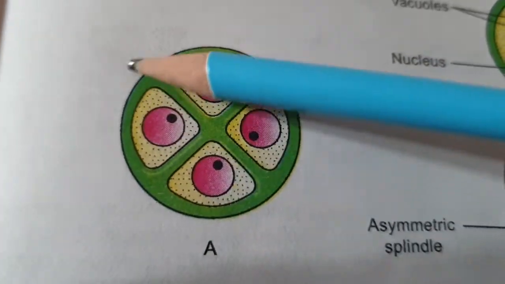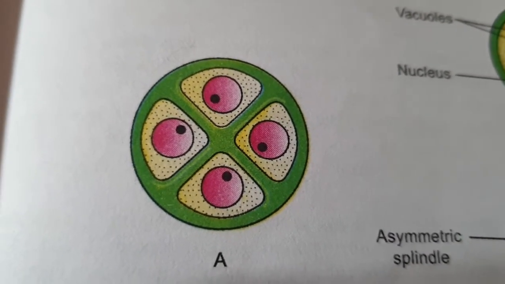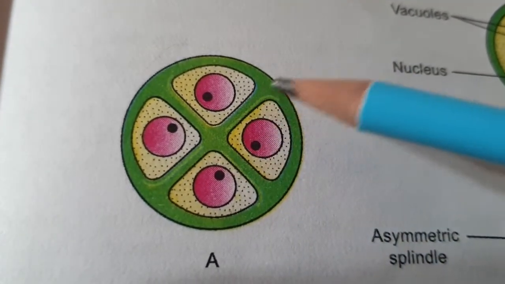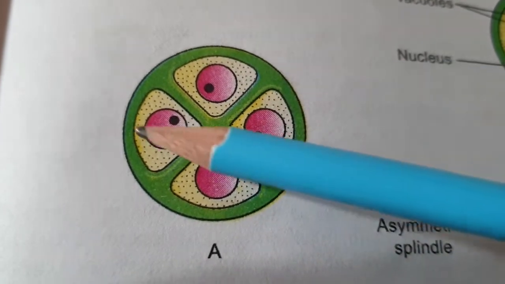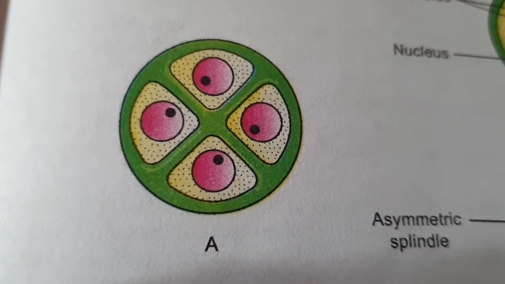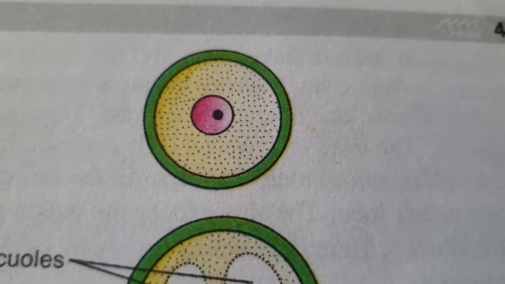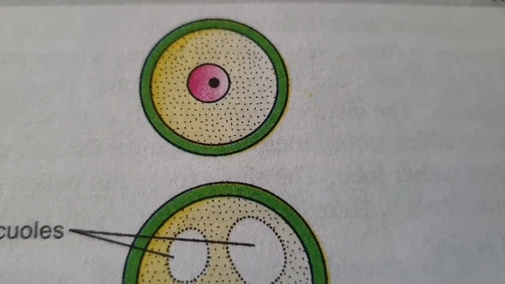So this is the structure of a microspore tetrad or pollen tetrad. Okay. Now this particular structure consists of four microspores. It is surrounded by a common layer, that is the callose layer. Gradually, in this structure the outer wall dissolves and the pollen grains are individually released.